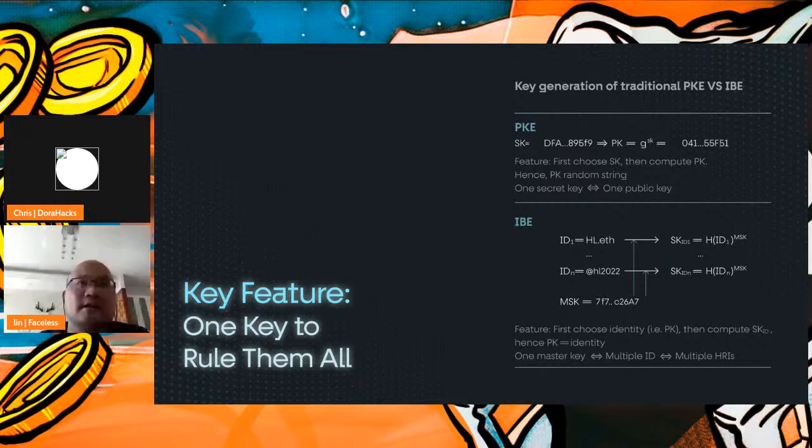But in this IB scheme, the user chooses another secret key and then you choose different identities. Let's say, in our case, basically you choose accounts or whatever, right? And then you can get a private secret key for the identity from the party and that's why we can achieve one key that can manage all the private payments for all HIs.